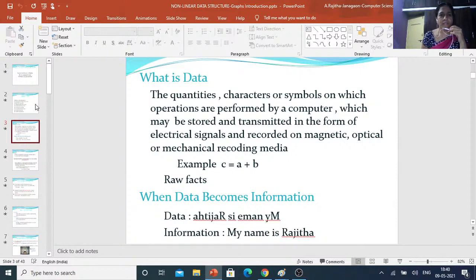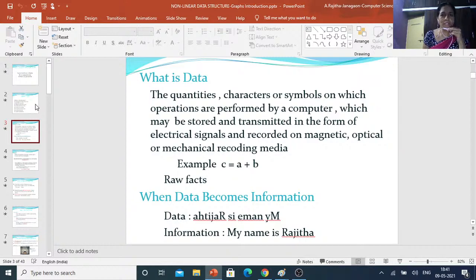Before discussing the graph data structure, first we are going to discuss what is data. Data is nothing but everything we can call data. It is the quantities, characters or symbols on which operations are performed by a computer.